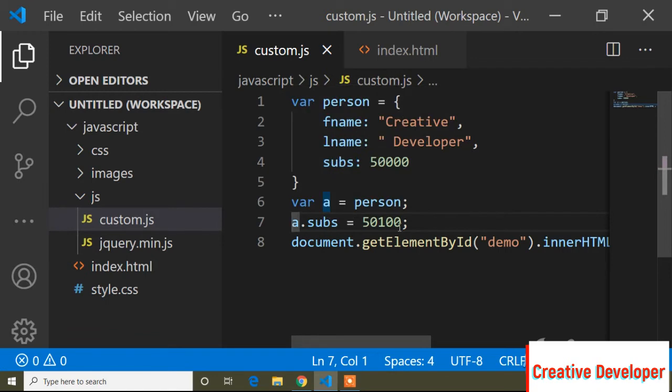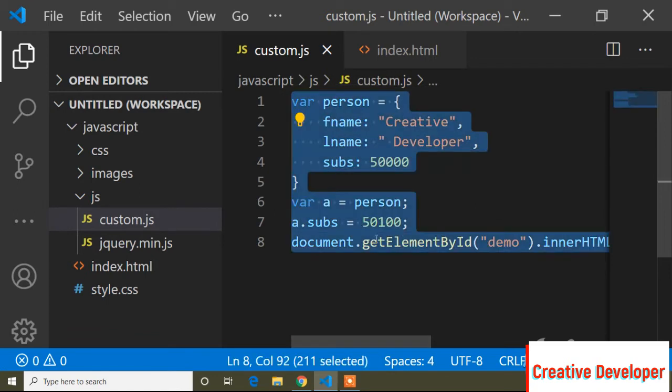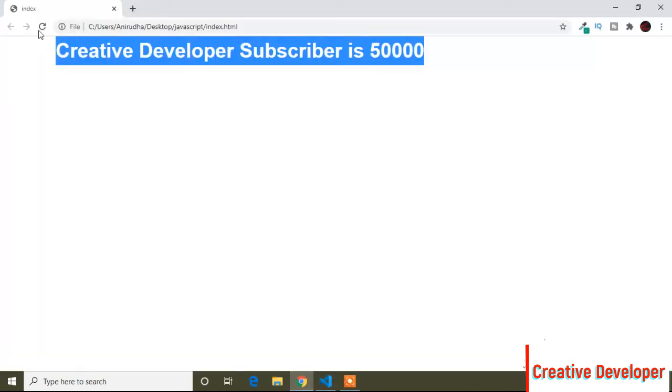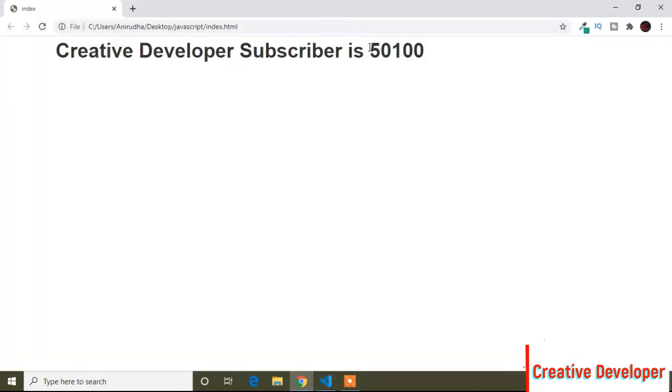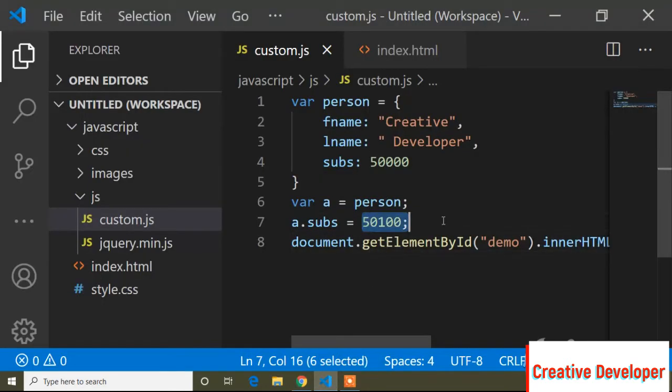So now a dot subs, and now I change the value to 50,100. So let's see what is showing in the output. So you can see the output is 50,100 because I overwrite this subs. So this is actually the basic of object.